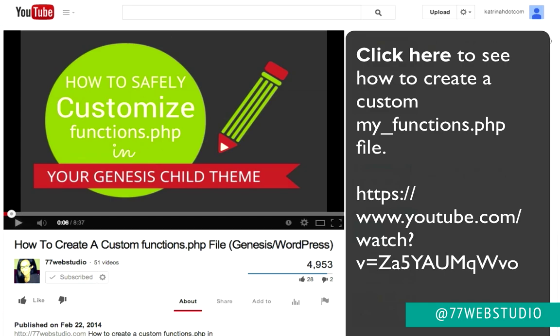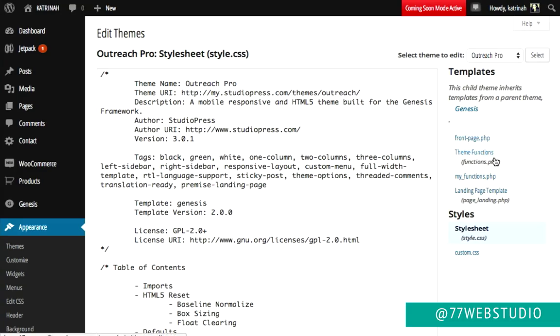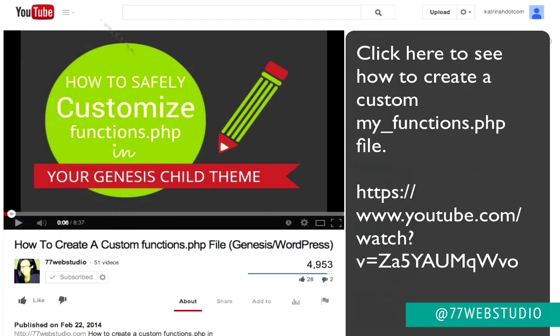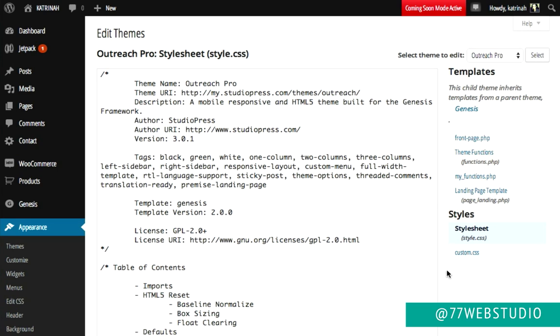my_functions.php file. So back here on my website, we see there's actually two files that say functions. The functions.php file here is the one that comes with your Genesis child theme files and in the folder. And then down below you see here's the custom one that I created following the guide in this video. So in this particular video, in order to add that line of code for the WooCommerce Genesis Connect plugin to connect that, I'm going to be using this custom functions.php file.